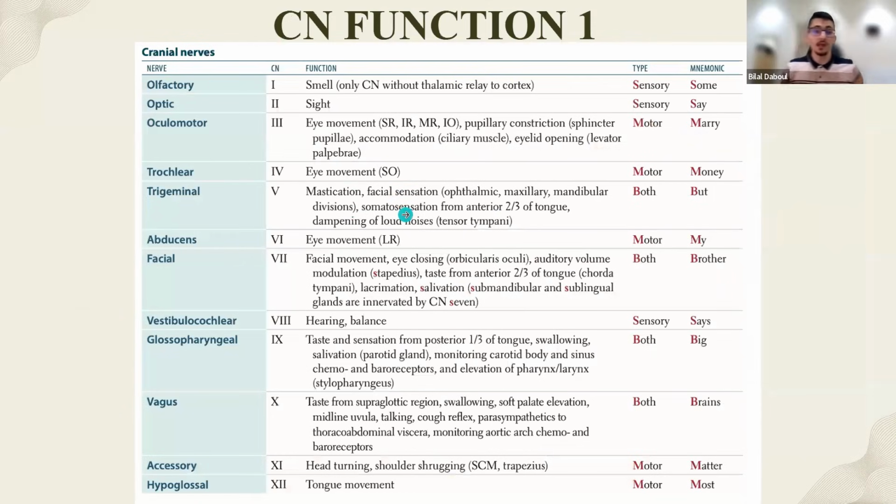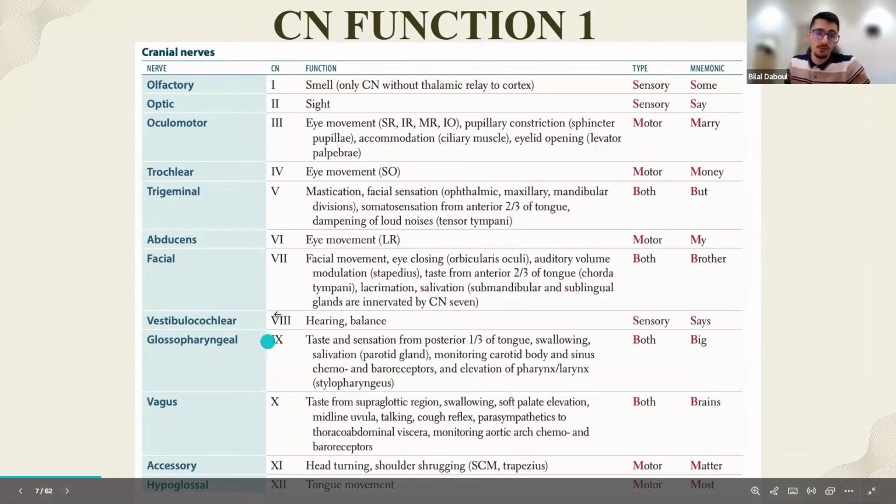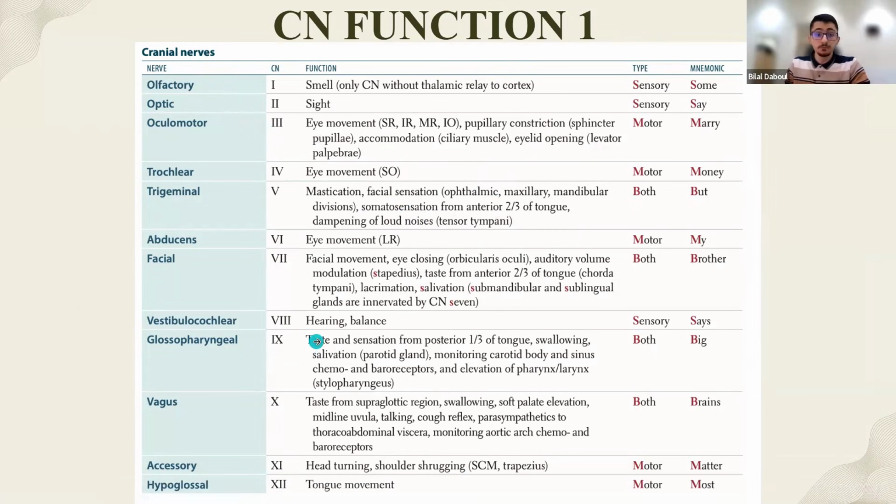Now, this is very important. You need to know this very well. If you know nothing but this, you'll be able to solve the majority of questions. The functions of the cranial nerves, generally. Now, we're not really concerned with the olfactory and the optic because they connect directly to the cerebrum, the upper centers of the brain. We're primarily concerned with the functions of cranial nerves 3 through 12, all of them, and their associated clinical deficits or lesions. So I'll start with the olfactory, which is obviously responsible for smell, the sense of smell,